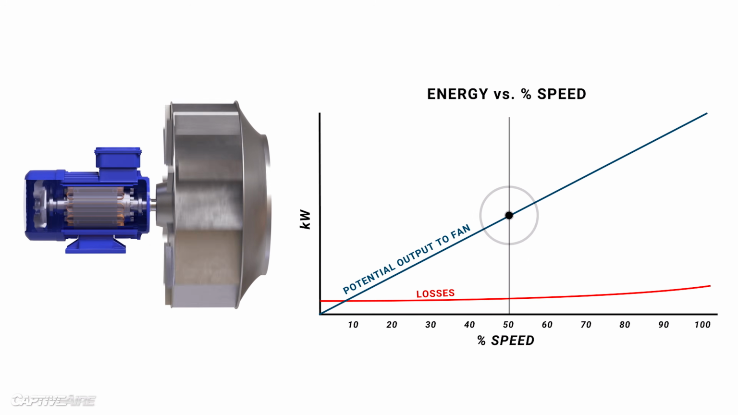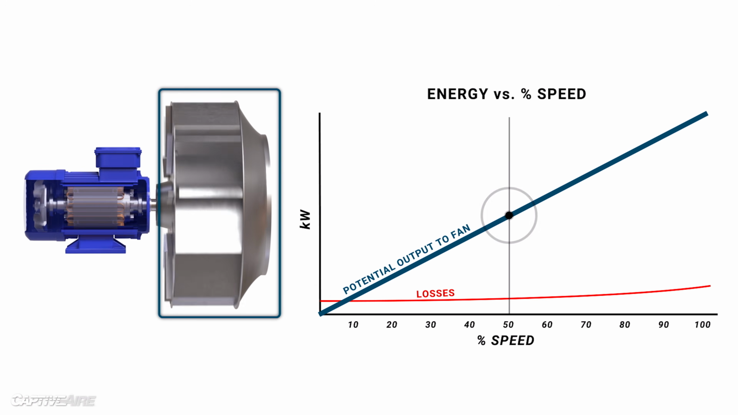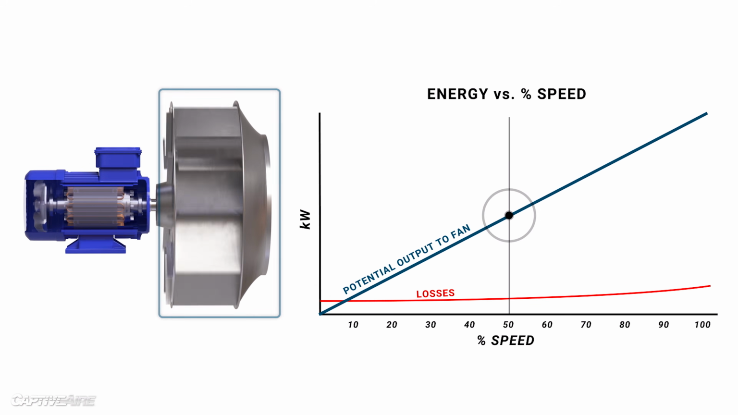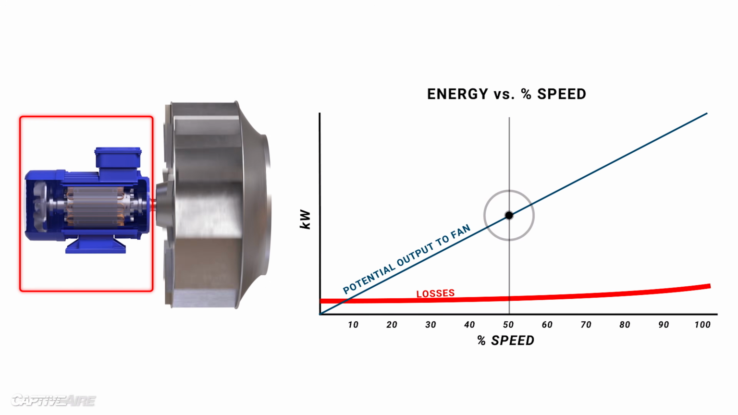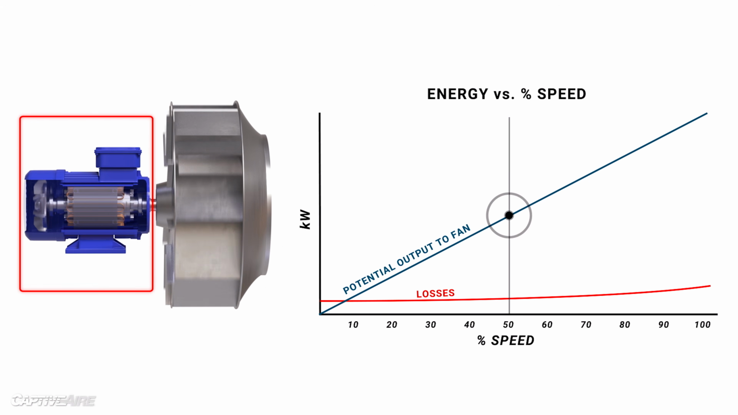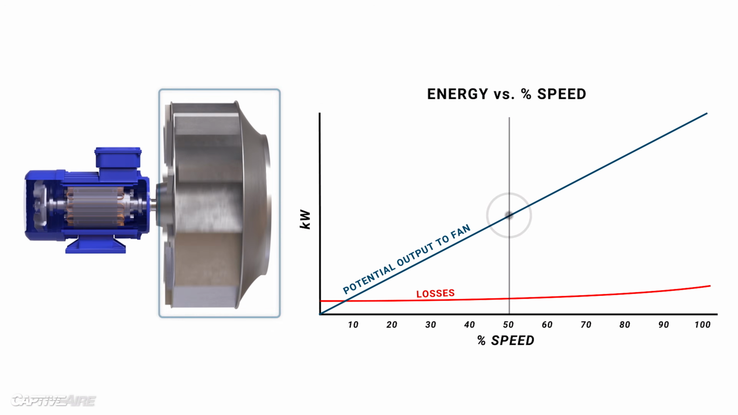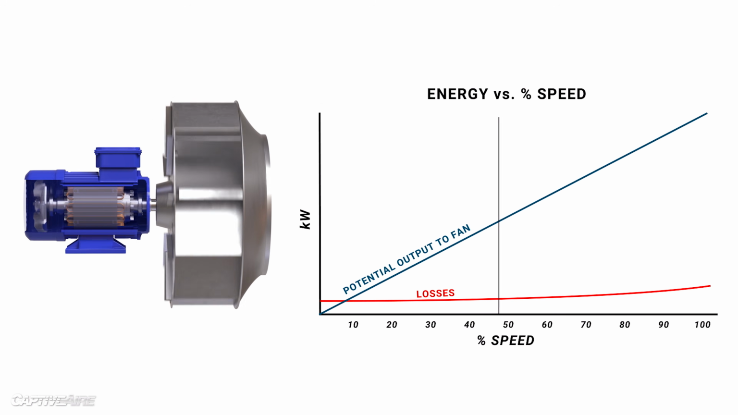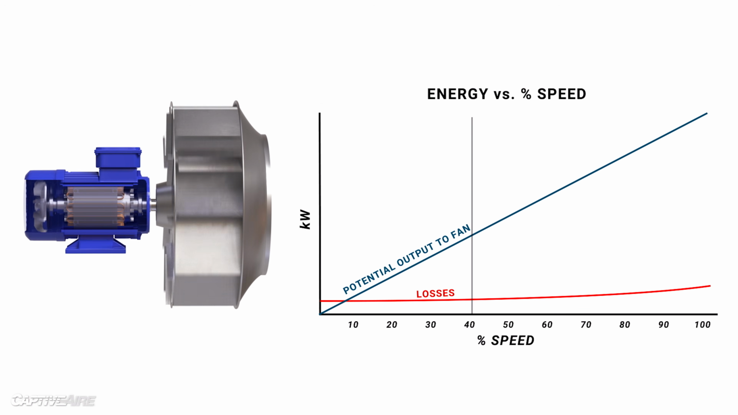At 30 Hz, we now have half the available power output to the fan. But as you can see, the motor losses actually stayed fairly constant. They did decrease a bit, but proportionally not as much as the motor output. That means the more we slow down the motor, the less efficient it becomes, as these two lines start to